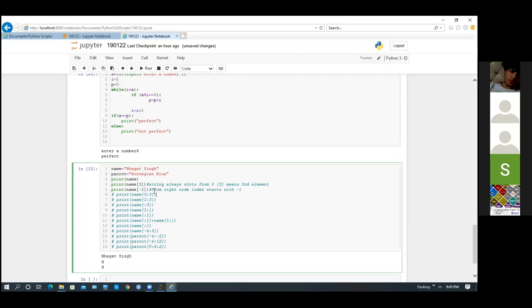Okay. Suppose I am writing print name[0:3], then what will it print? BHAG. Let's check. It will print BHA because 0, 1, 2.